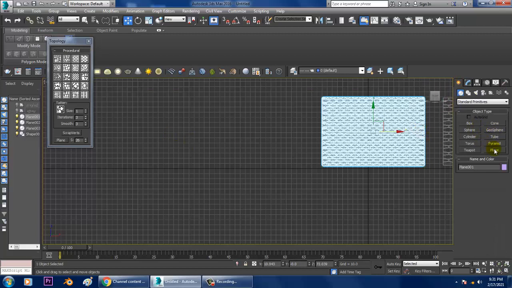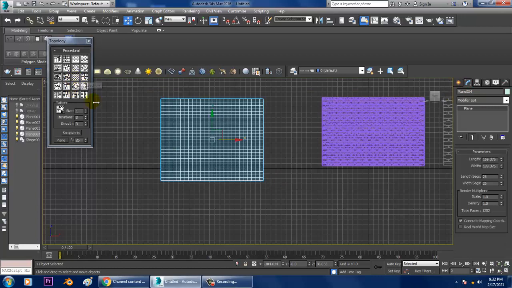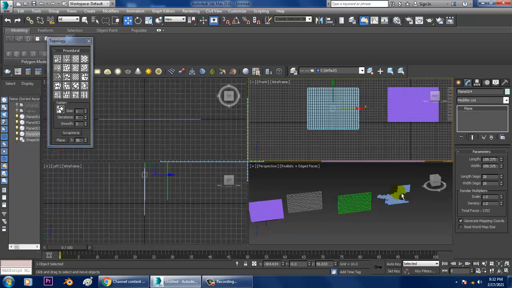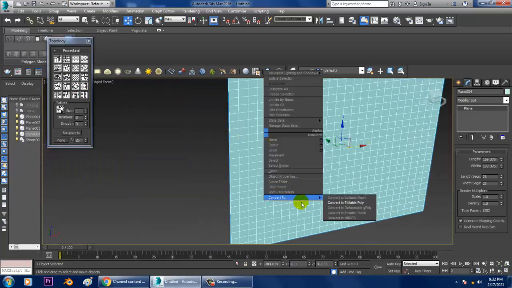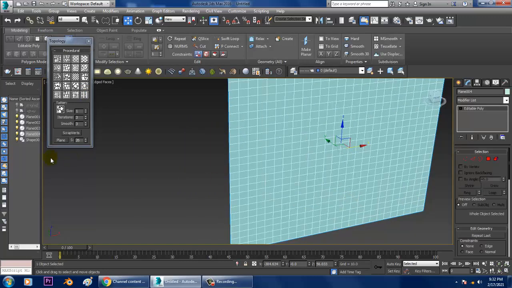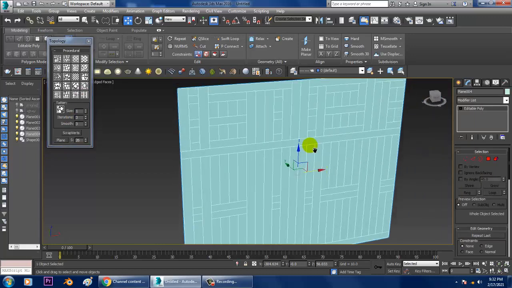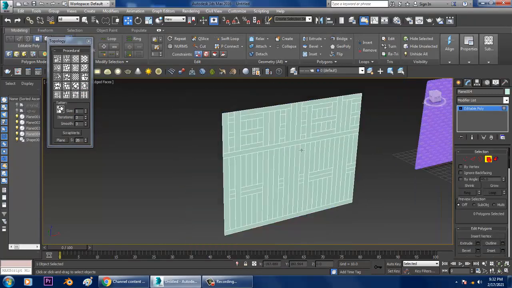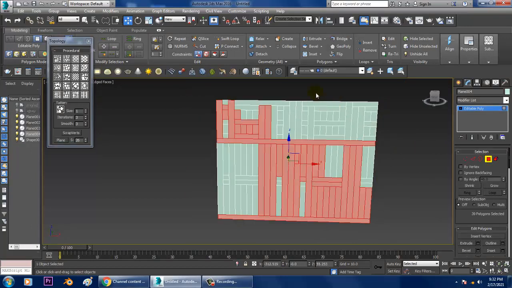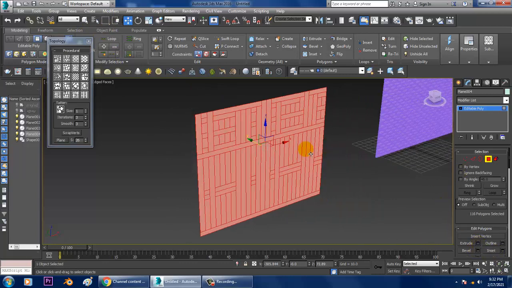Topology can also be used on other surfaces. So let's first convert to editable poly. You can get such topologies as well. I can just select this and go into this.